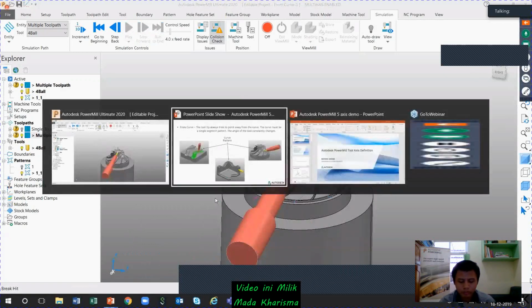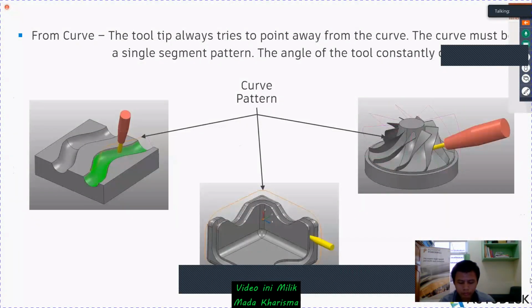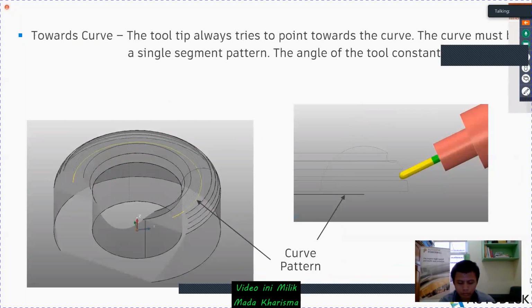So now it is towards curve, the same thing. Actually, the segment I had created in the simple example is here. It is at the center of the part and at the bottom actually, because my surface has an undercut. So I want to face my tool tip towards the point. Okay, the same example and the same thing.